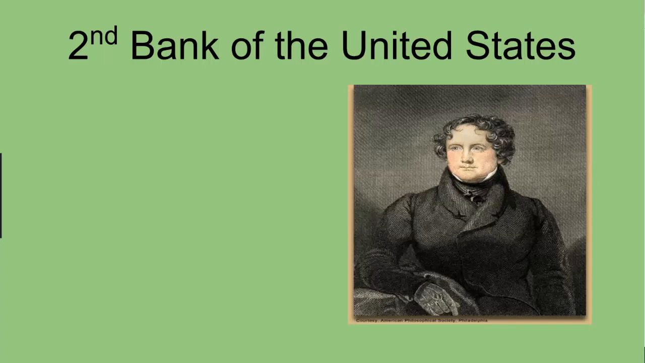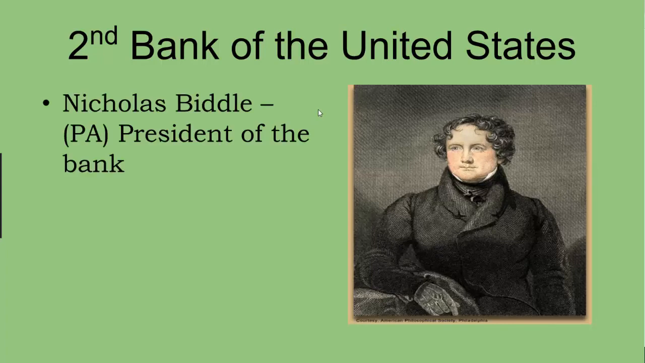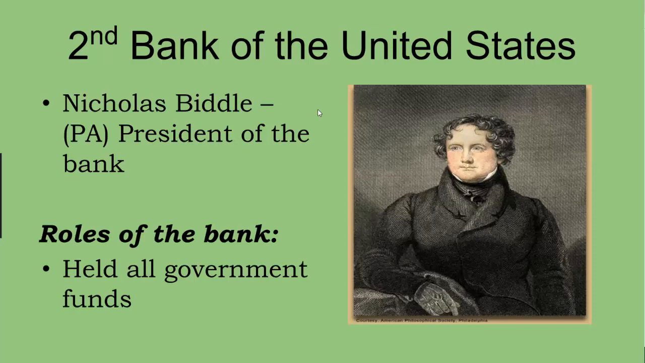The other place where Andrew Jackson exerts his authority is with the Second Bank of the United States. Andrew Jackson did not believe that the Bank of the United States was constitutional. And when Nicholas Biddle in 1832 tried to renew the charter of the bank, which did not expire until 1836, 4 years early, Andrew Jackson